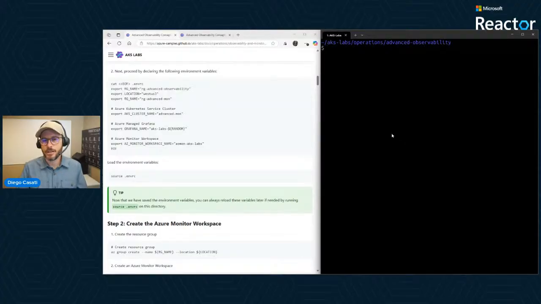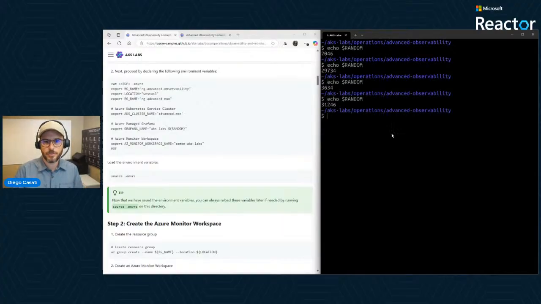And that has to be unique. It's a DNS name. So random in Linux, in case you haven't used this before, taps into /dev/random, and it gets these numbers here. So we're going to append that so we can create a random instance for Grafana.